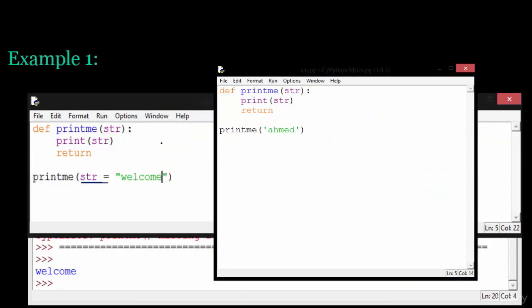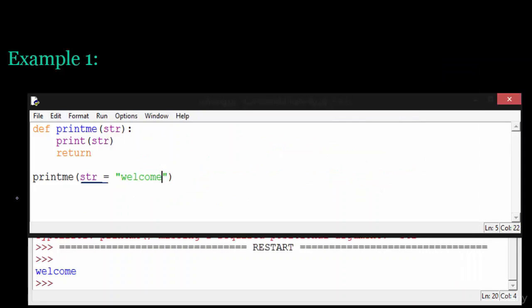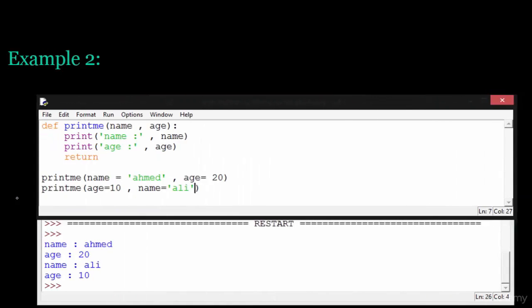I'll show you why we must do this. If I set here str equal to welcome, nothing happened, it will print Ahmed. But let's see another example which gives us a full overview of what I want to tell you. Here, this print me takes name and age from you. If I call this function, print me, it will print name and print me age, this will print name and age